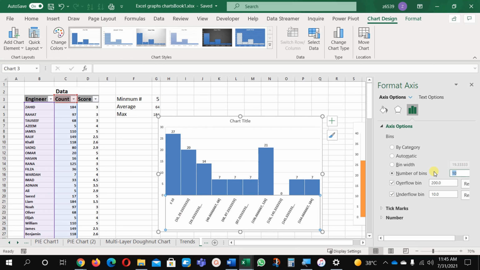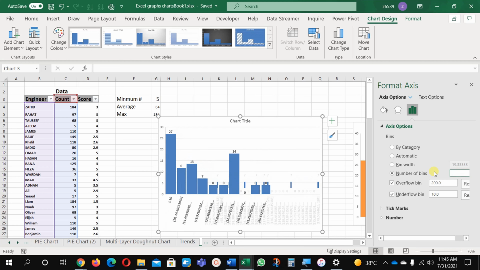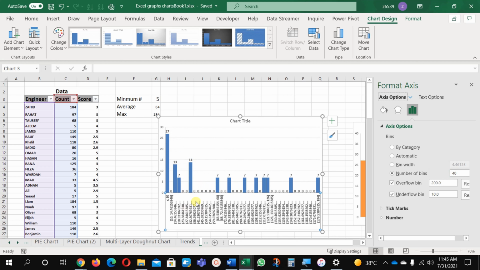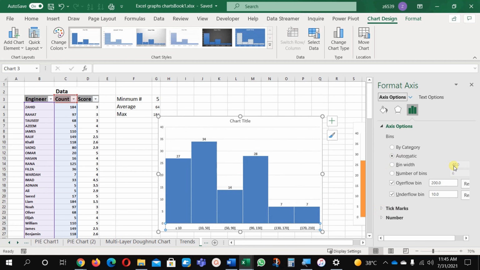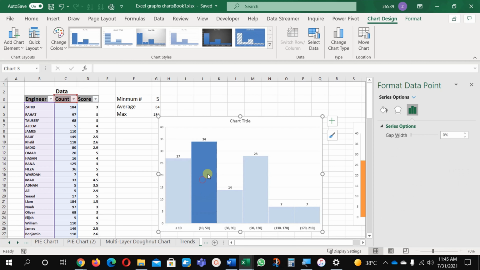So I'm going to change it a little bit, increasing the bin number. You can see here, as I increase the bin number, the flow of the information changes. This way you can use techniques to change your data view. If I make it automatic, it gives me this view. Along with this, if I want to change the color of any one of them,